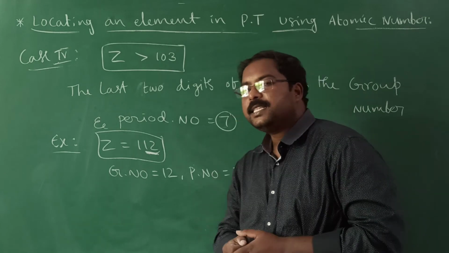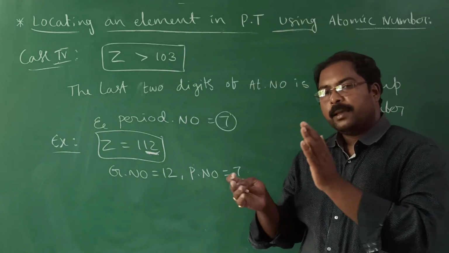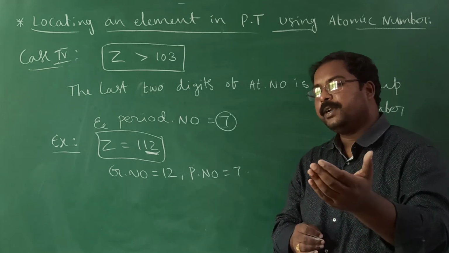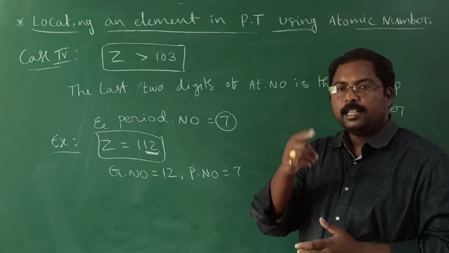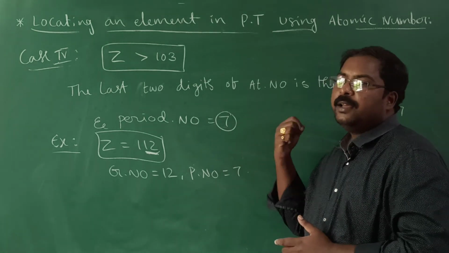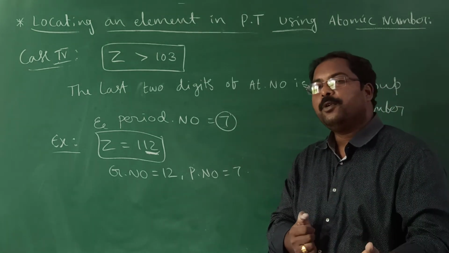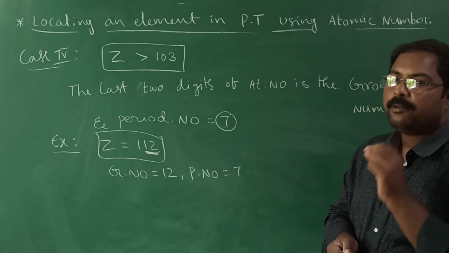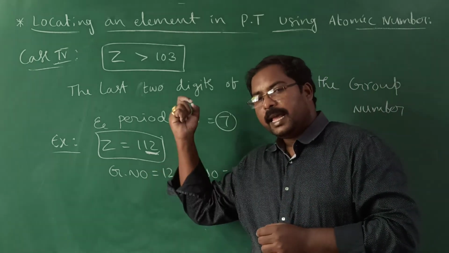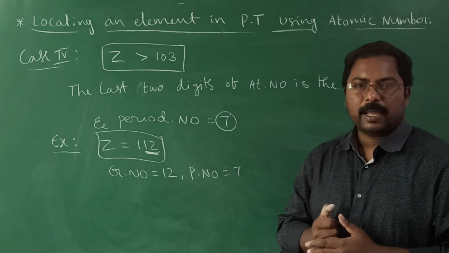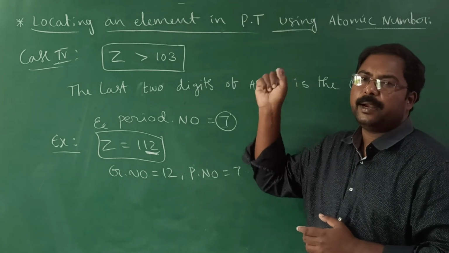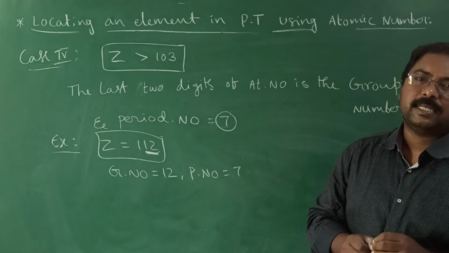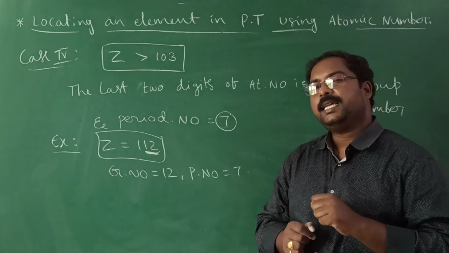Okay, but in the case of the elements with atomic number between lanthanides and actinides, means 72 to 88, in those elements we have to subtract 14 more. Why 14 more? Because lanthanides are 14 in number. So if you have that knowledge, you are able to find the location of an element in any group or any period in the periodic table. Because there are many advantages if you locate an element in the periodic table.